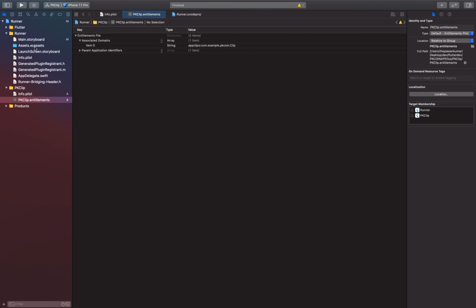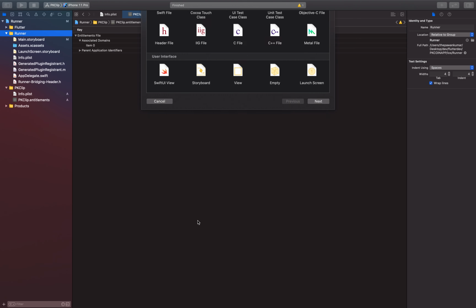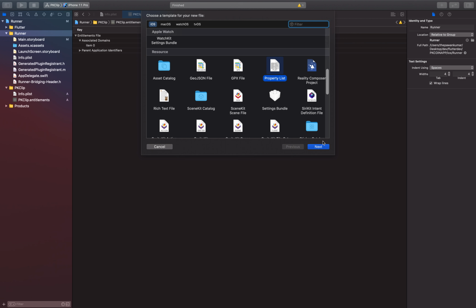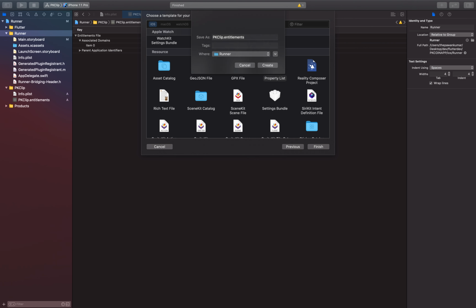Either you can copy and paste, or you can go here and say new file, and from here you can select the type of file. Property list is the file, and just give it the same name. Or maybe you can change the name, but it doesn't matter much. But it should be an entitlements file, so it's better to name it entitlements. Okay, so yeah, we are done.